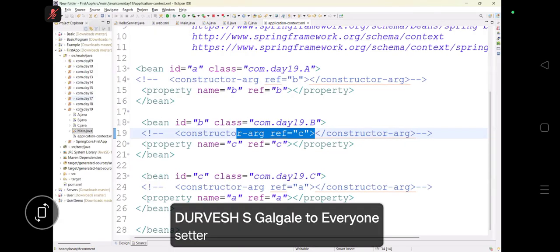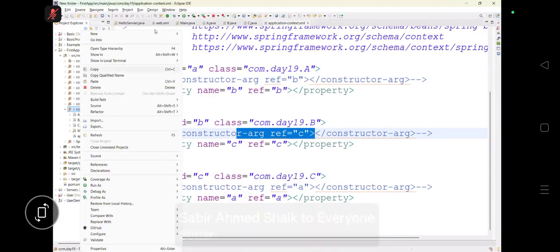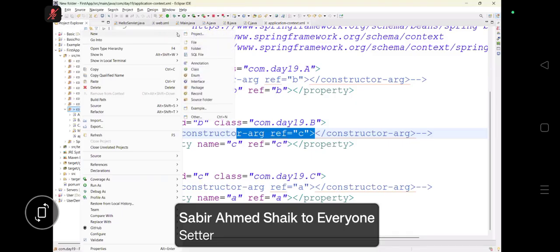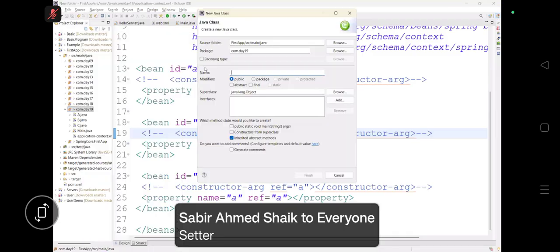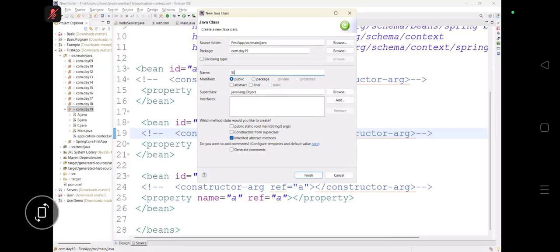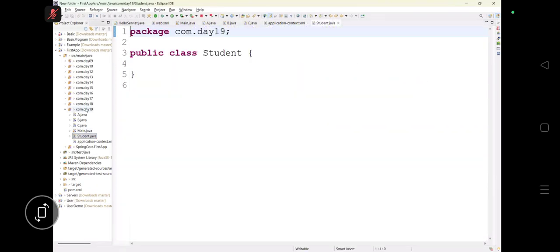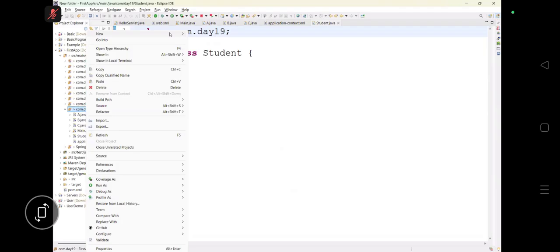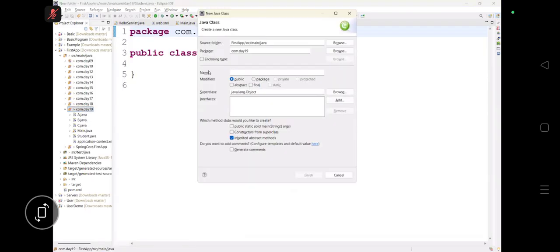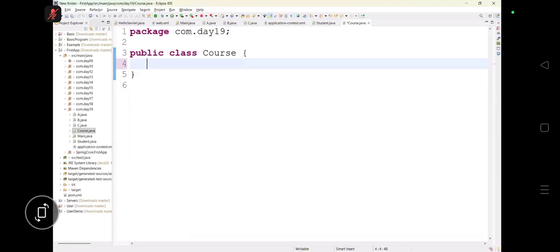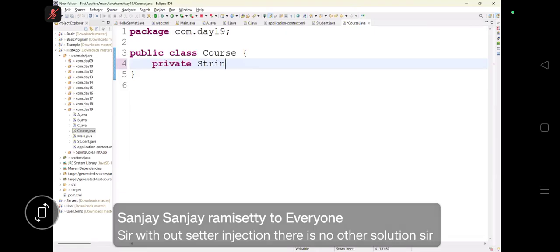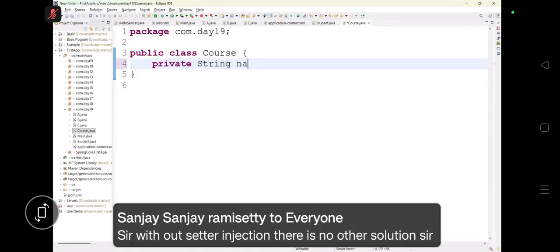Let's see our main agenda of today. Now I am writing here a class. Everybody concentrate. I am writing a student class. A student class, right? And the student is learning some course, right? Some course. And I am writing here, suppose, private String courseName, right? Name I am writing, Spring Framework. Spring